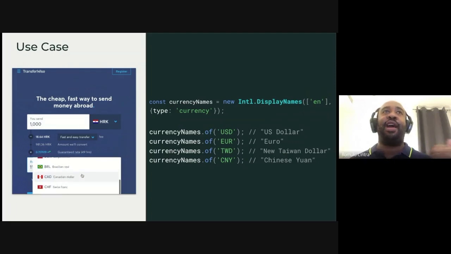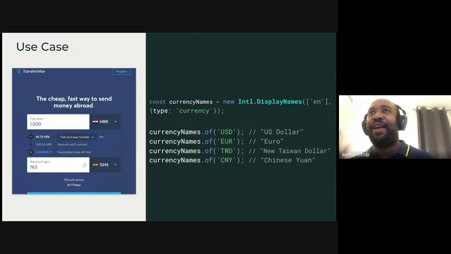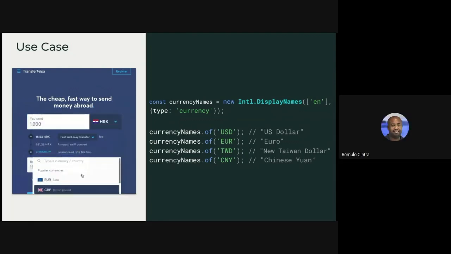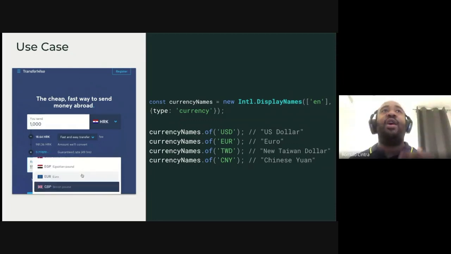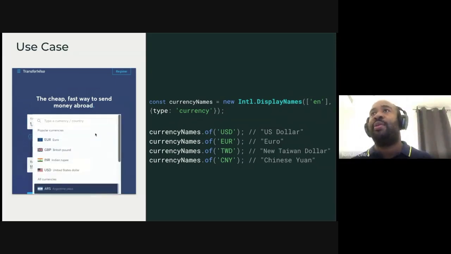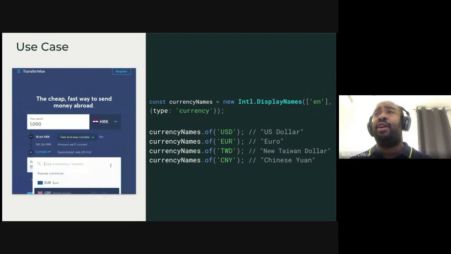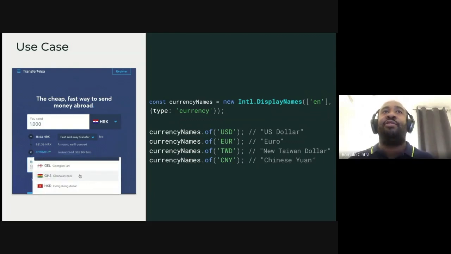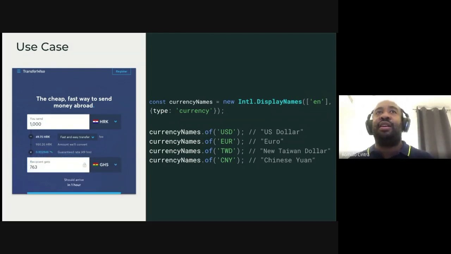If you want to have a currency list, you had to store it in your database, on your service, or have a huge string with the currency translated. And normally you just support 1 or 2 languages because it's a huge data set. With display names, you will have all this in one API. You just need to iterate over the currency codes that you want, and you have rich translated currency lists. And this is an example of a use case that you can use. Everybody that has an e-commerce already suffers